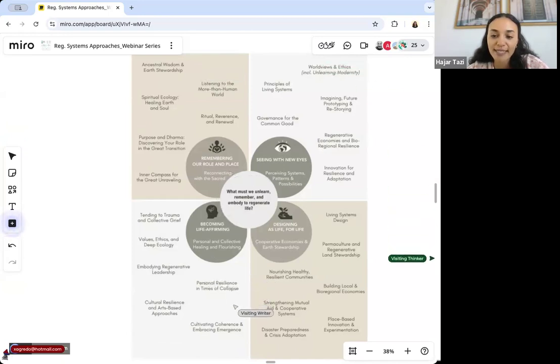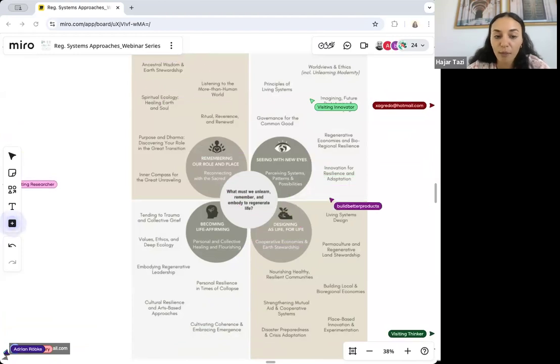And so this framework really invites us to meet this moment of planetary unraveling with humility, with courage, with imagination, and not just by acquiring new skills, but by undergoing a deeper transformation of ourselves, of our worldviews, of our values, and most importantly, of our ways of relating with ourselves, each other, and nature. And so this journey unfolds really in 4 interwoven movements.